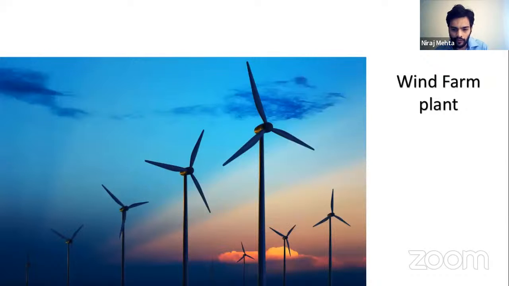This is a typical wind farm plant. A civil engineer would necessarily require understanding the geotechnical properties for foundation designing of all the wind farms. As you can see, this is a tall cantilever structure, which anticipates a lot of dynamic forces because of the turbine movement, which is ultimately transferred to the foundation, and it creates a lot of movement, biaxial movements. So to transfer that effectively into the soil, understanding the geotechnical properties of these details is required.